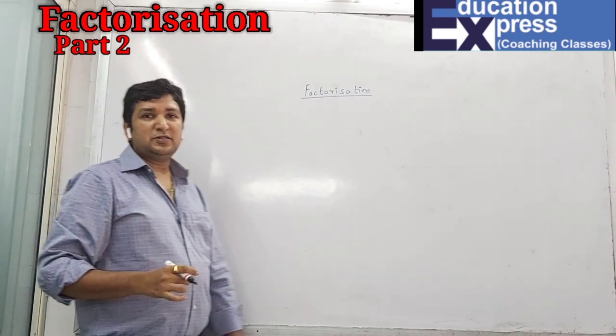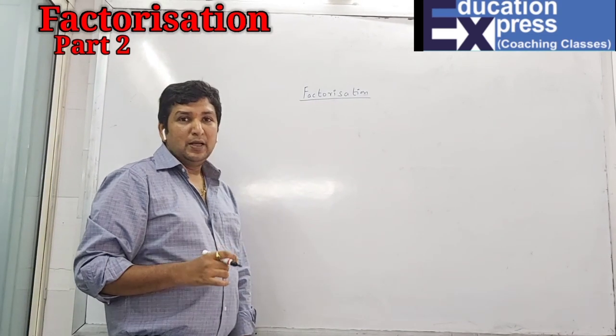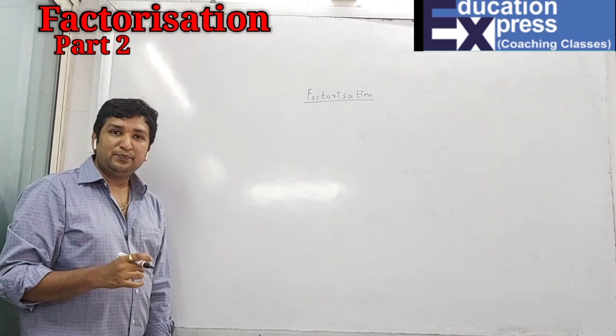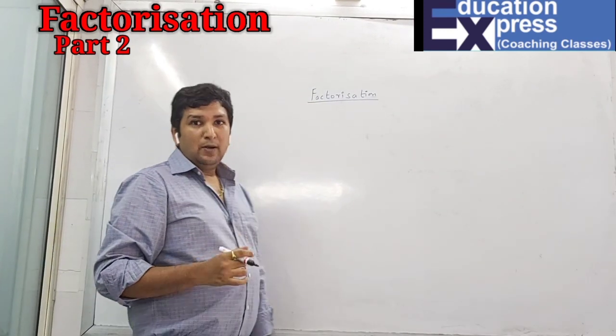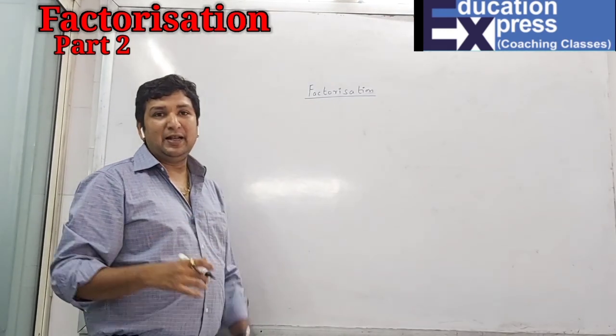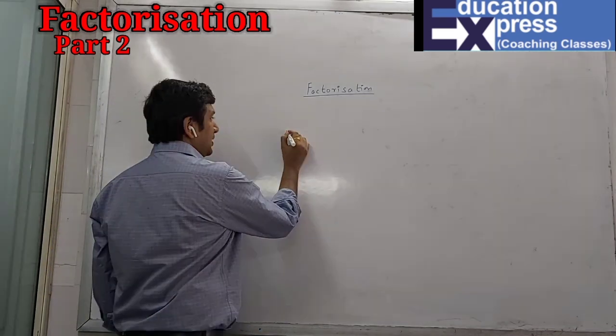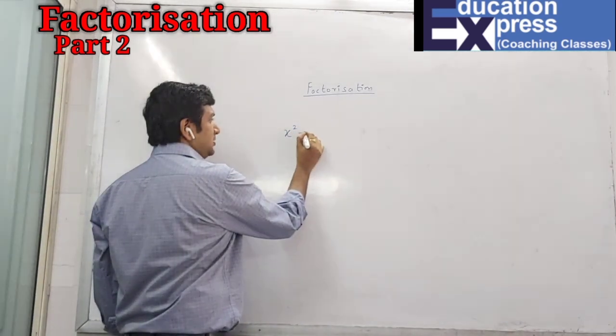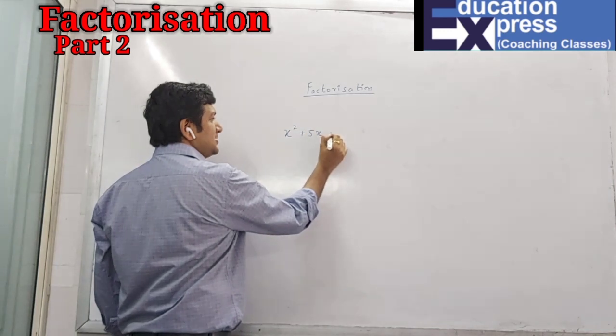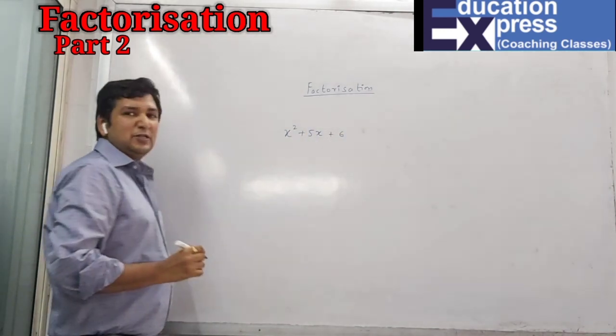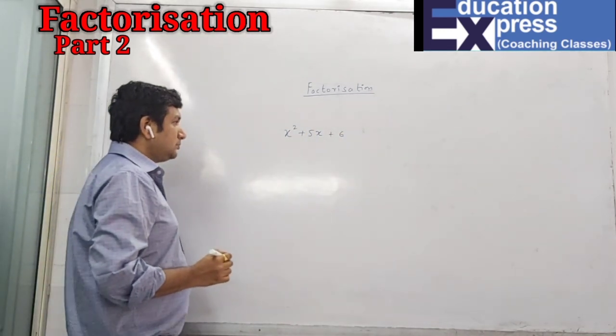Okay, hello students, today we are starting the factorization exercise 5b. It is with respect to splitting the middle term, which we have done in 8th standard also. But as of now, I will be doing the entire topic again in detail. So, what do you mean by split the middle term? In case I have a question, x square plus 5x plus 6.